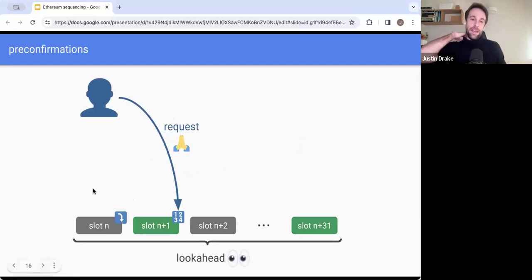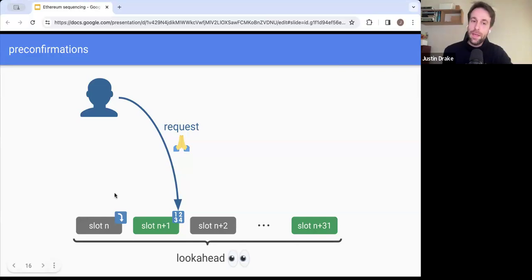Okay, now the big technical difficulty for which there's been an unlock recently is how do you do preconfirmations using Ethereum proposers. And it turns out, in hindsight, the design is extremely simple, and here's how it works.